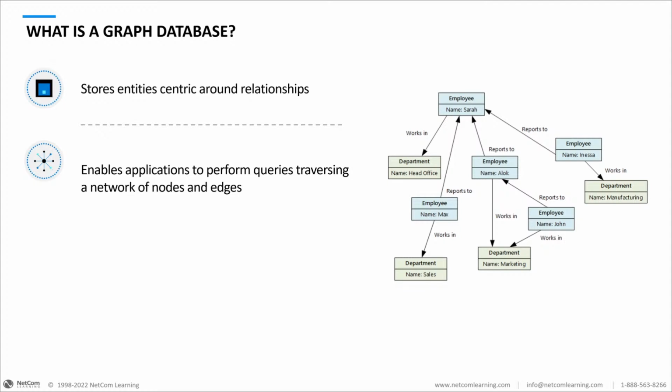We need to be able to have a system that will let the data structures and data formats that we have evolve as the system changes and matures. This graph database structure will allow us to have that evolution of the system without having to recompile and reconfigure the database every time. We could just modify it slightly. And lastly, it's a hierarchical data structure. Obviously from this graph on the right-hand side, it is hierarchical because we have different layers with arrows pointing in different directions. So we have a hierarchy there that specifies who does what, who reports to who, who works for which department, and so on.